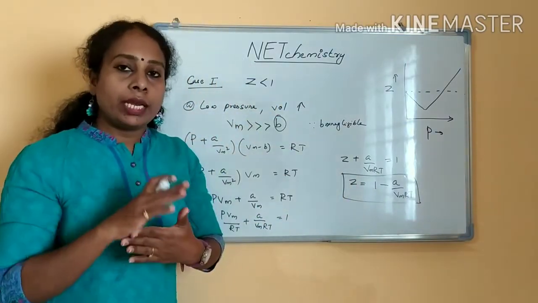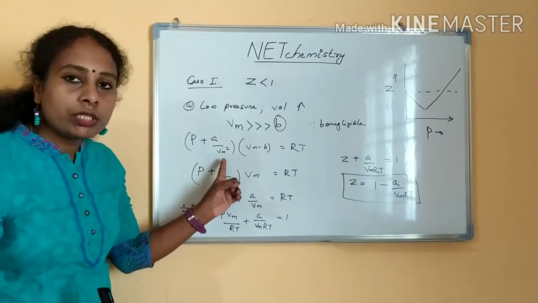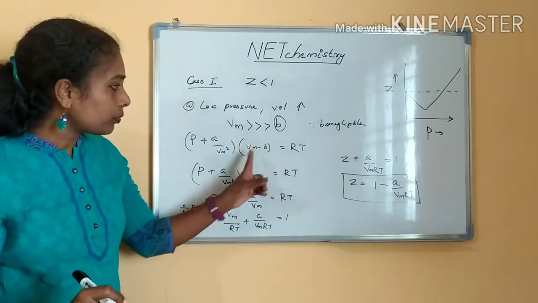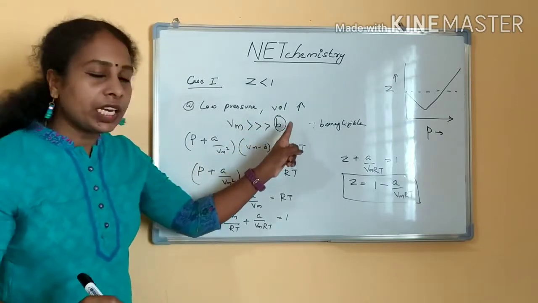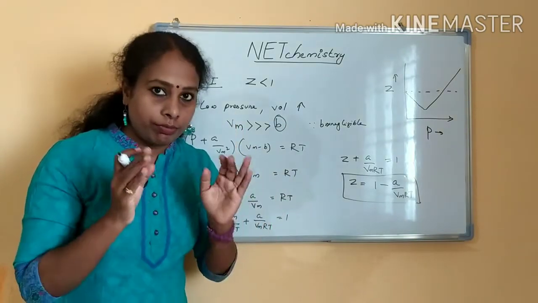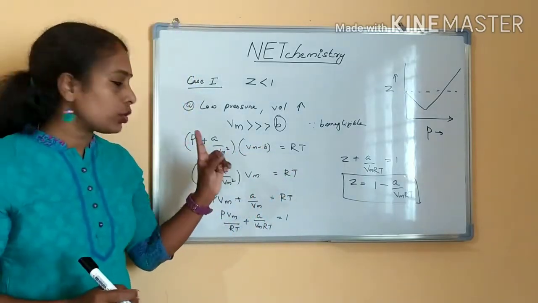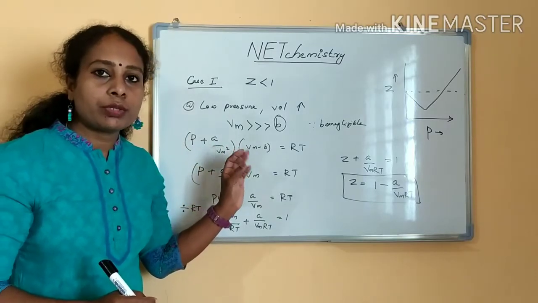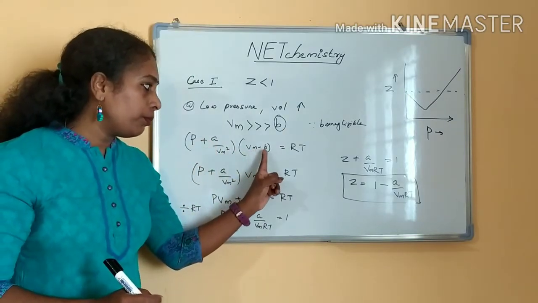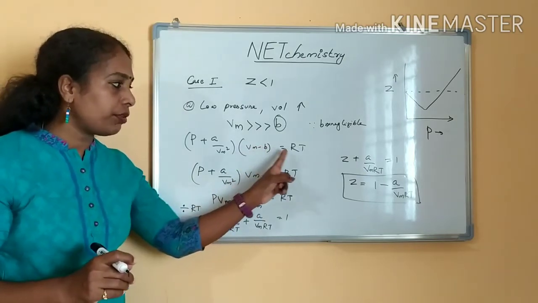What you are going to do, you have taken the van der Waals equation, pressure and volume correction factors you have applied. This is the equation. How this Vm has come? Vm is equal to V by n we have taken, volume by number of moles. And a and b correction factors, you know, a is the intermolecular forces and b is the size of the molecule. b value depends on the volume and a value depends on the intermolecular forces. That is what, intermolecular forces we have added with the pressure, and b, whatever the size, we have reduced from the volume. Those are the correction factors we have applied.